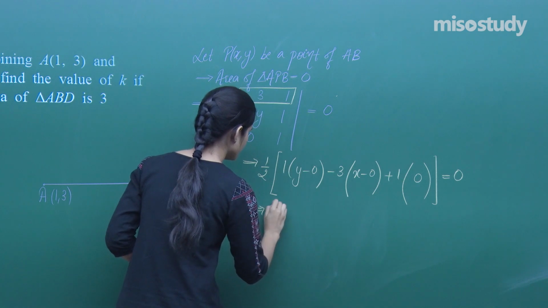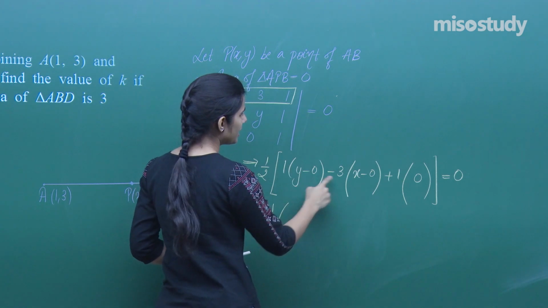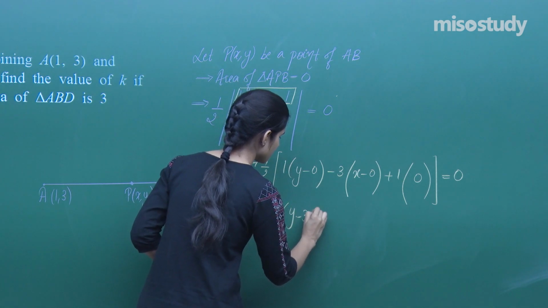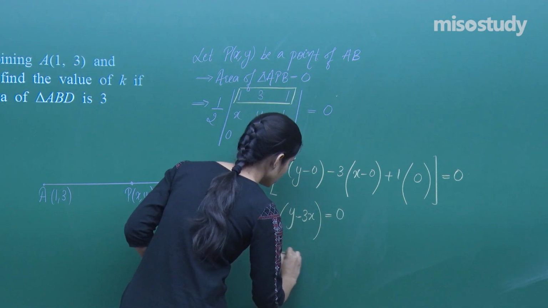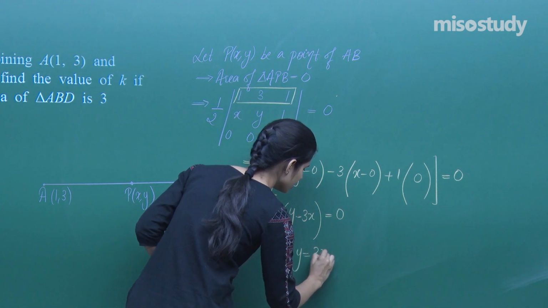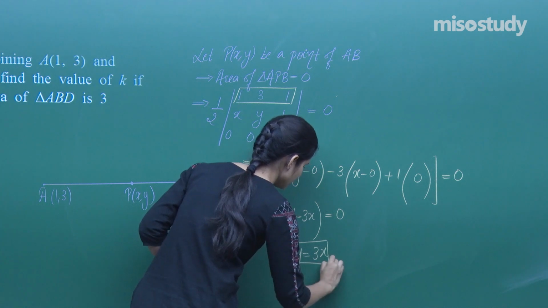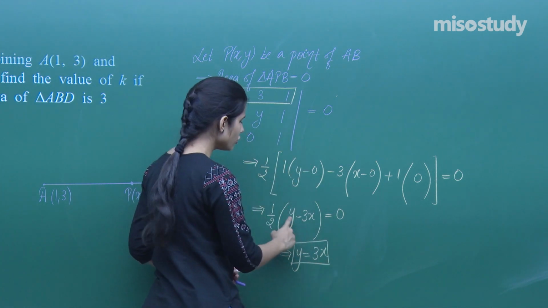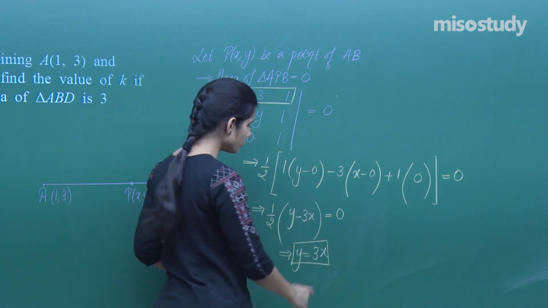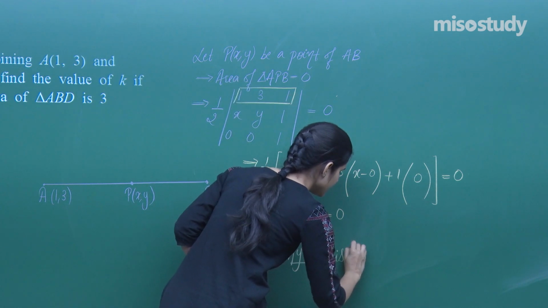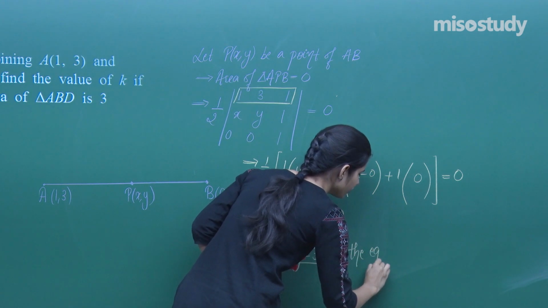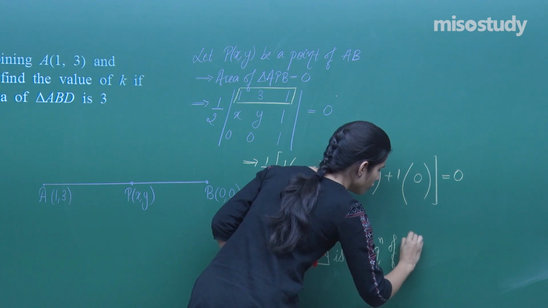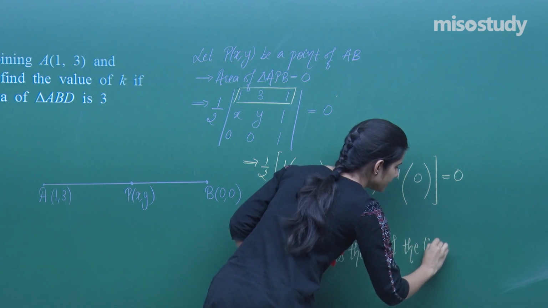So this will be equal to half (y minus 3x) equals 0, which implies y equals 3x. Because this 2 will go over here, it will be 0, you will be left with y minus 3x equals 0, which means y equals 3x is the equation of the line